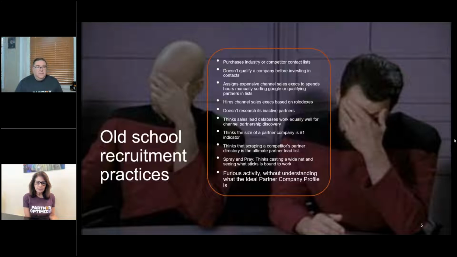And to some degree, there's a little bit of truth there, because you want them to have a sales and marketing arm and to be able to promote and digitally market your products and solutions to their customer base and beyond. But it doesn't mean they need to be 50 employees or more to be a good potential partner to you. You want to make sure they have a lot more business attributes that are aligned with you, that are more important than size alone. So it's really important to look holistically.